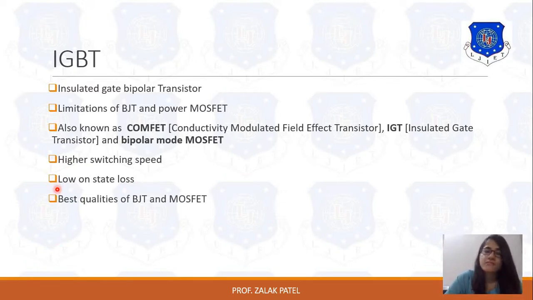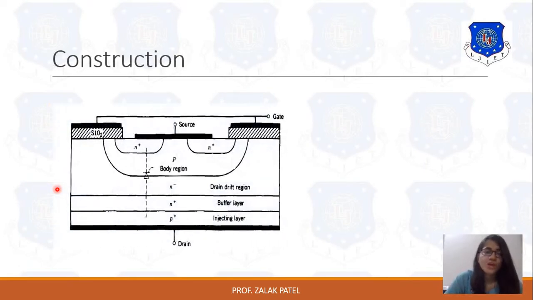Already we discussed that the best qualities of BJT and MOSFET are combined. Next is about its construction. So this is the construction of IGBT. Here you can see the first N plus layer. Here this structure is for the N type IGBT. So that's why we consider here N plus and N minus as a drift region. Here this N plus region,